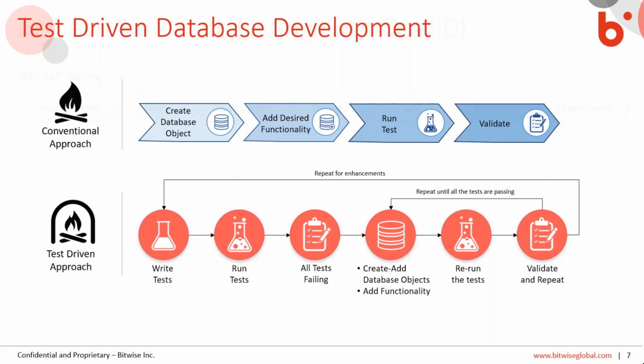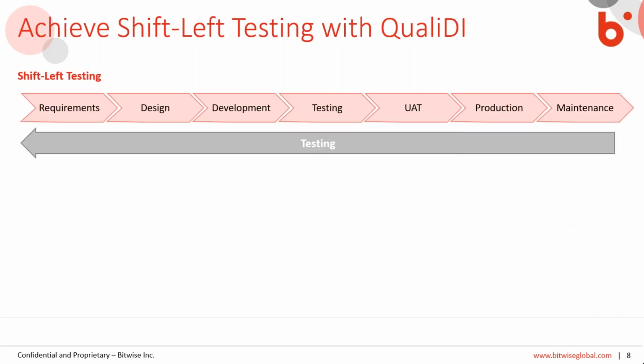Now, if you are in the software industry, you have most likely heard about the popular term shift left testing. With agile practices and DevOps becoming mainstream, shift left is the answer to how testing fits in. Here, instead of taking a backseat during the development process, testing is carried out throughout the development cycle. Thanks to QualiDI ETL test automation, testers have more time to be strategic in their work instead of having their hands tied running tests manually later in the stage.